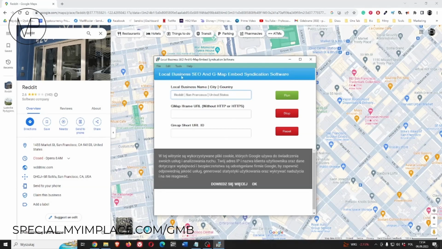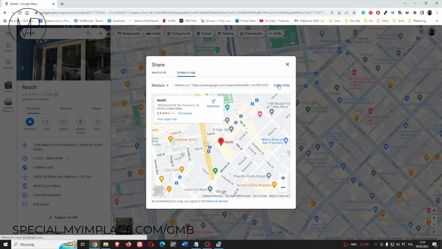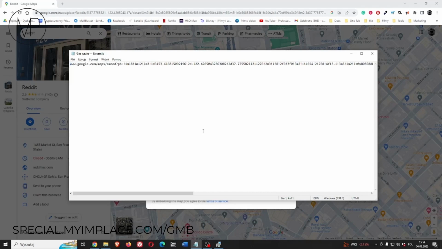Okay, we have it. The Gmap iframe URL. We get this by clicking share, embed map, copy HTML. We go to the notepad, we paste it, and we delete everything here, including HTTPS, so we have only www. And this is kind of a long URL, so we go till the end, and this is the end, so we remove anything after that. And we copy this,